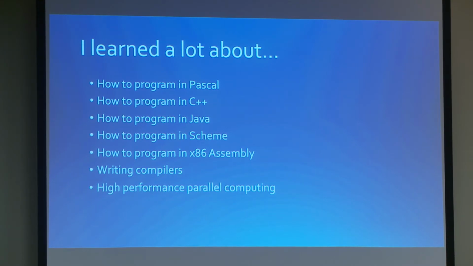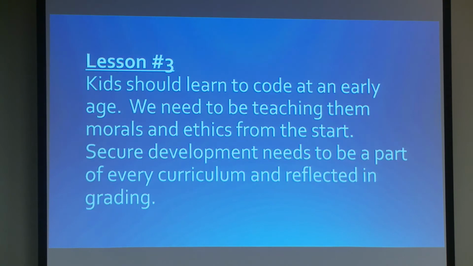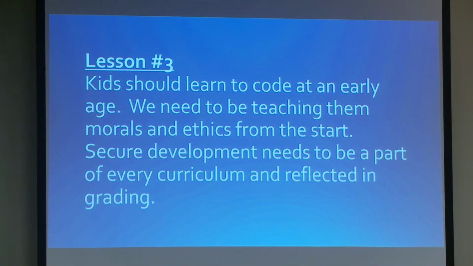My takeaway with this, and I'm learning this more and more as my daughter gets older. I have 4 daughters, I know. Bless my heart. I hear that all the time, every time I tell somebody that. But as my oldest starts to get interested in this kind of stuff, she's starting to learn code and she's starting to get interested in the security stuff that I do. And it really brings me to my 3rd lesson, which is kids should learn to code at an early age. I think that this is the future of our society, right? Everything that we're doing comes down to some sort of automation, some sort of code, some sort of program. And so we really need to be teaching our kids from the very start, not only how to code, but the morals and the ethics that are involved with it.